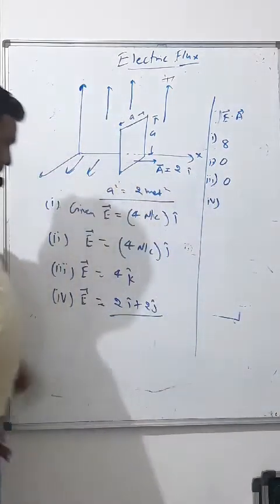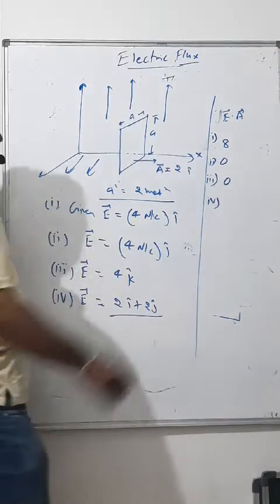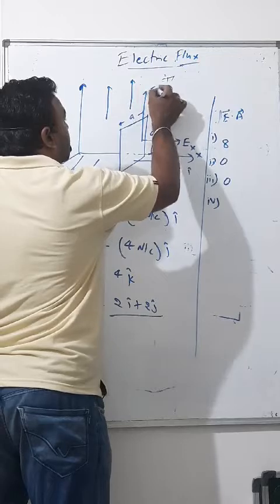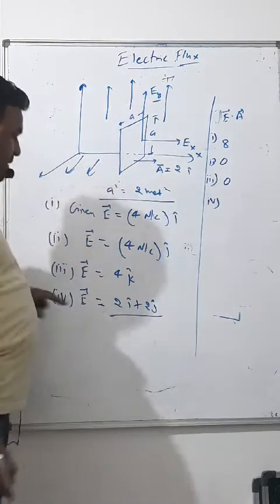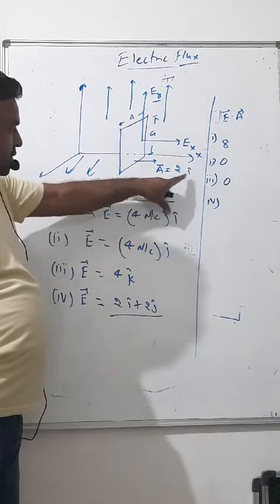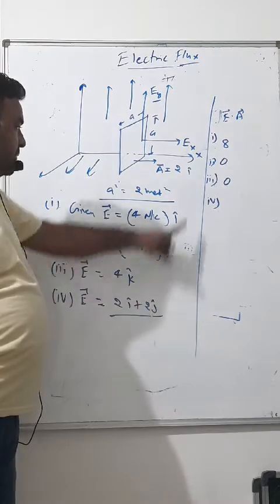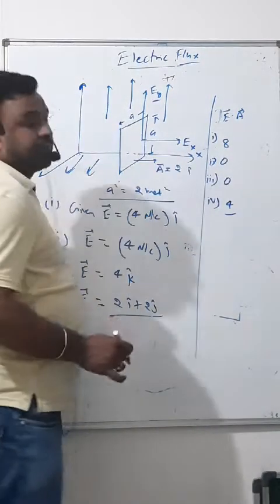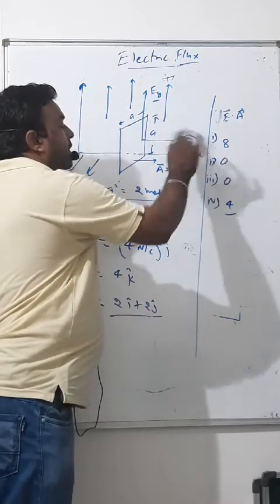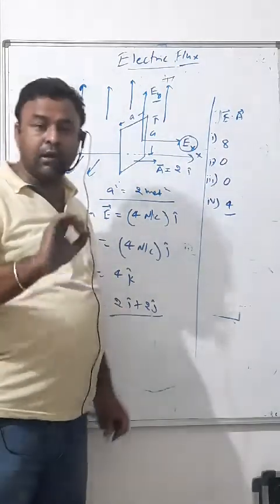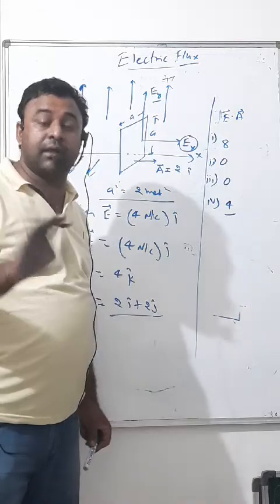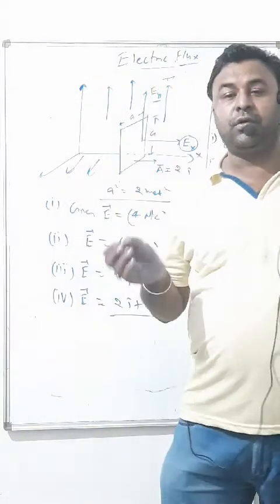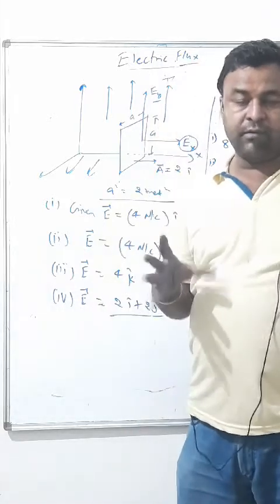Last, 2 i cap plus 2 j cap. Suppose the electric field has one x component and this y component. Then again, the flux will be 2 i cap dot 2 i cap equal to 4. 2 j cap dot 2 i cap is 0. It will be 4, due to only the component along the x-axis. I hope now you understand the meaning of flux. I have given you an example of flow of anything, flow of water, flow of air, anything which can flow.